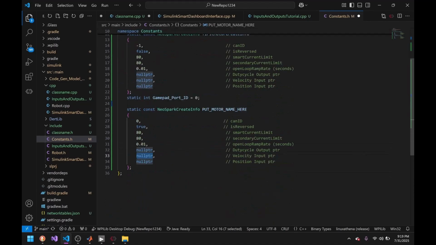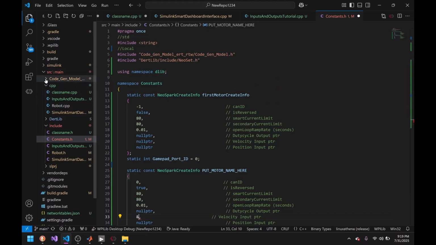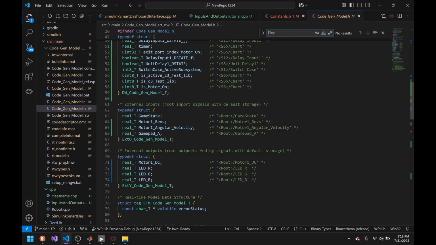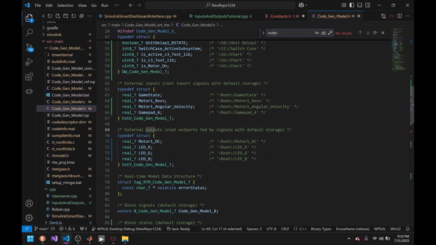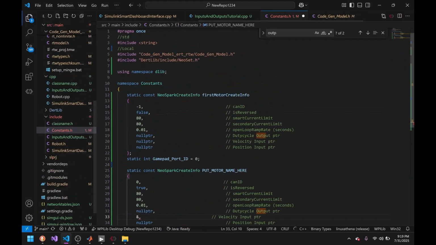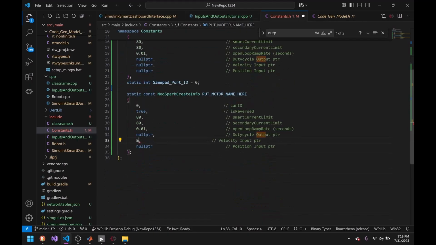Here is also where you put the pointers to the Simulink interface. So we can do that really quick actually. If you want to see where that is, it's over here in codegeneral.h under outports. Yeah. So what I can do now, there's a cat near me if you can hear him, is I can grab motor1 DC and go over here, ampersand,